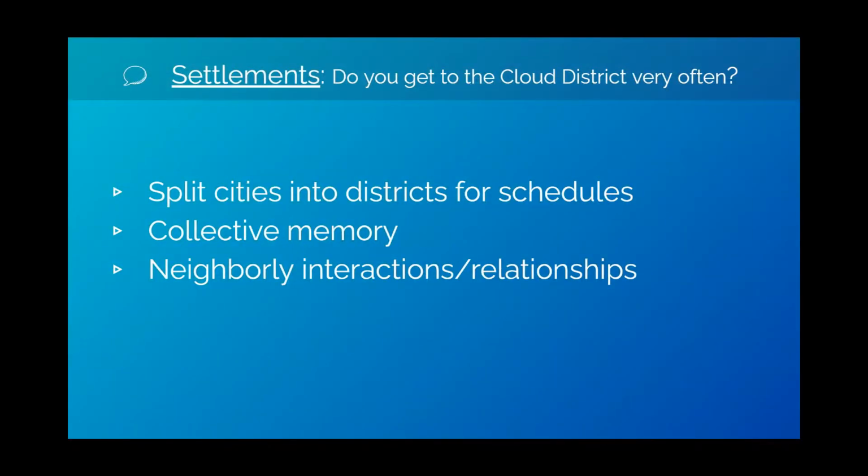So here's a way to make scheduling easier for yourself and make it more realistic for the people who are playing and the people who are in the city. Districts are your friend. There are usually anywhere from 50 to 200 people in a city. You do not need to have them all interact. You do not need to have schedules overlap for 200 people. That would be awful.